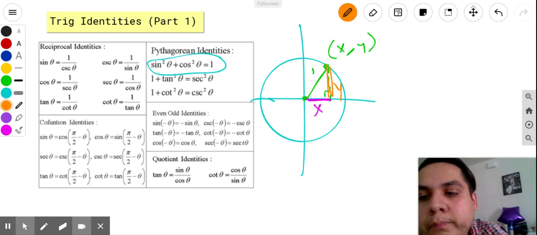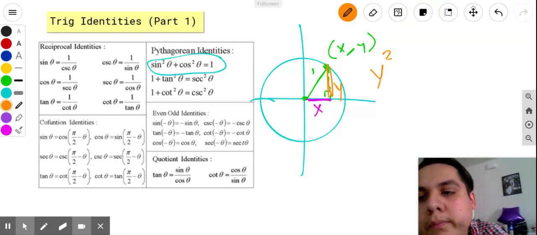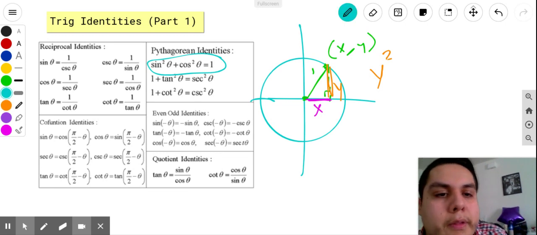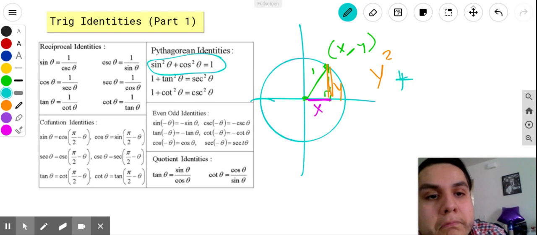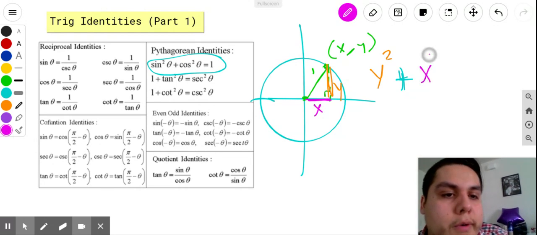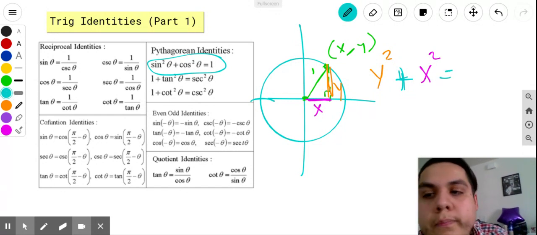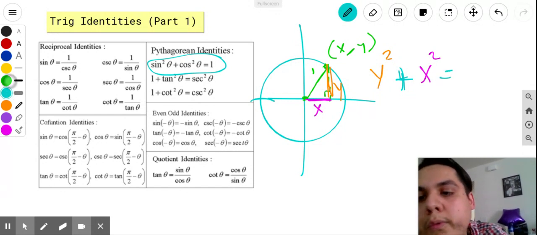No. It's always x first. y squared plus x squared. All right, that one's on me. That's not on the Chromebook being bad. I'm just bad at writing right now. X squared should equal 1 squared,